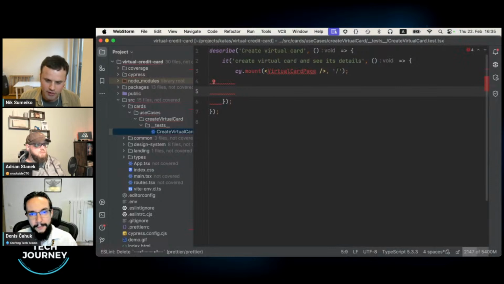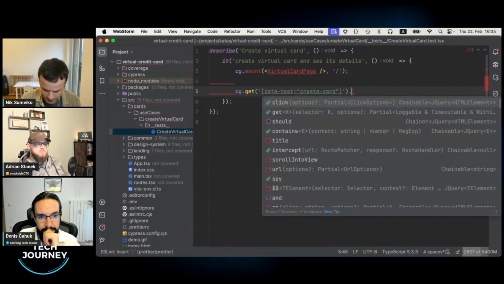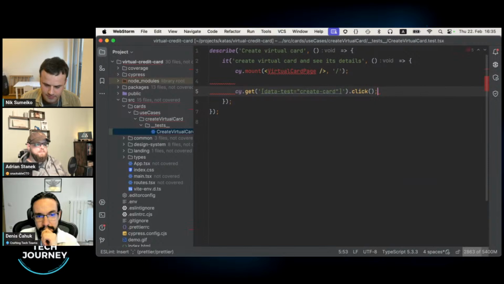Yeah, so I mounted the page, let's say, and the second step is that there will be a button on that page. So I try to find that button by using some selector. For example, that would be a data test selector, where the value will be create card, let's say. And then I found it in the DOM, on the page, and I click it.